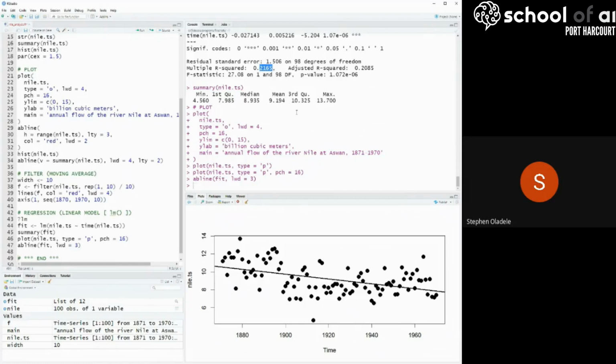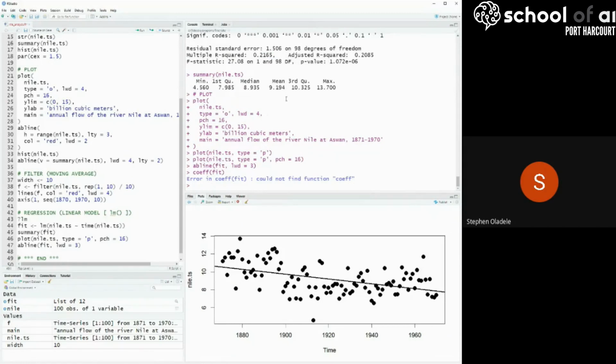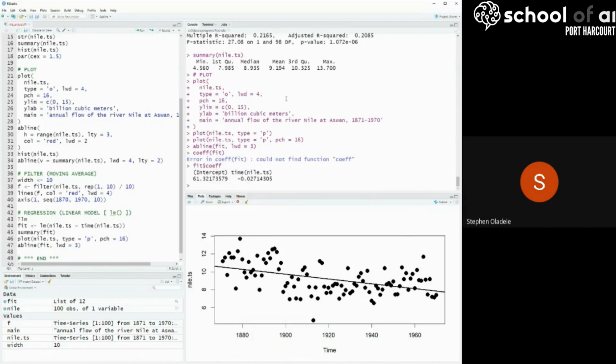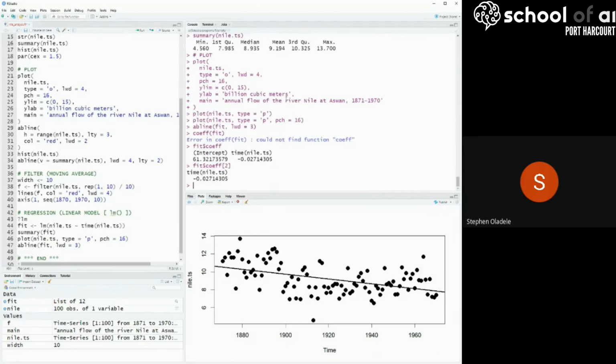In fact, if you look at the coefficients, that's how we can look at the coefficients themselves. So if you look at that second coefficient, minus 0.27, and you multiply it by the length of Nile.ts,